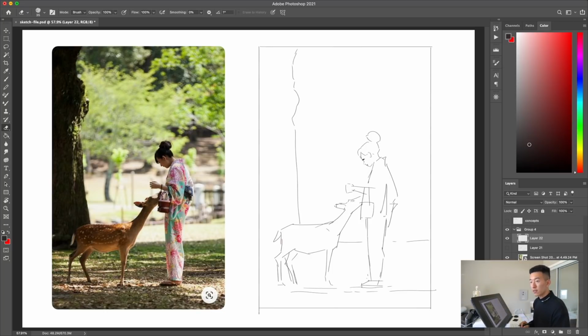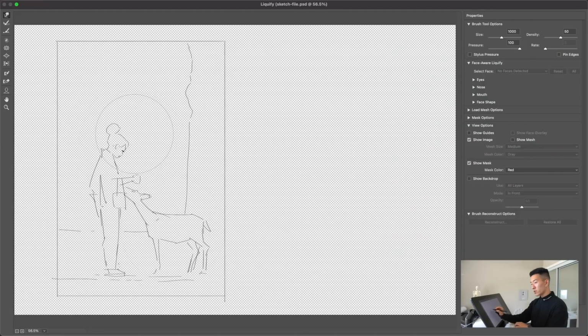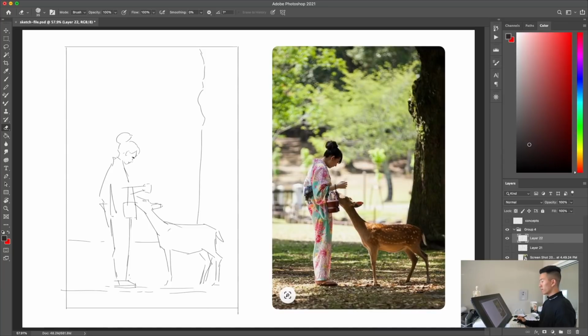So now for the moment of truth, we are going to flip our canvas. And, you know, I see a couple things here and there. So I think I've made the head a little bit too long. And what we could do to fix that is, once again, we're going to go back in and liquefy it a little bit, just to make it look a little bit more proportional. And that is much, much better to me. Okay, so now